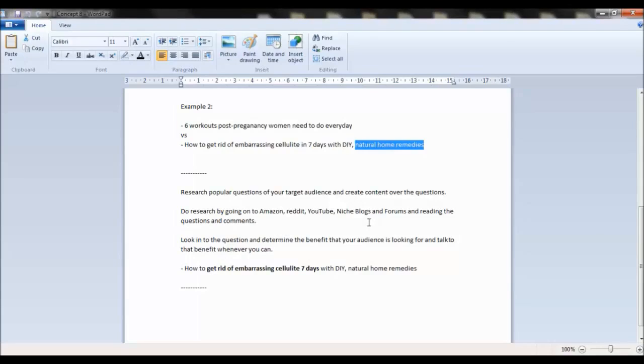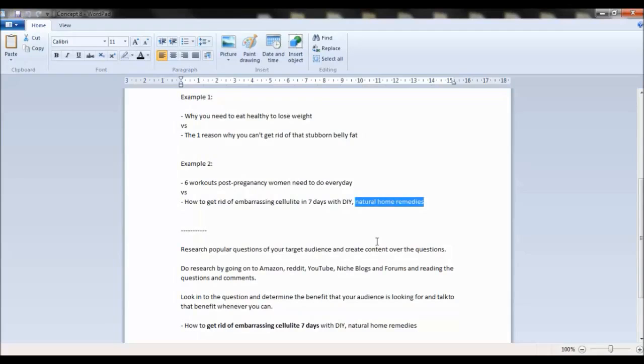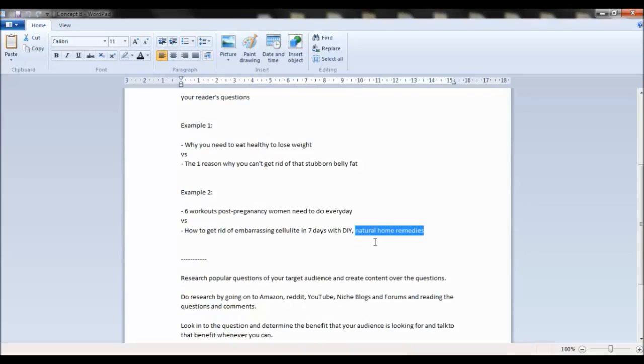So let's do the weight loss example again. It's kind of rudimentary, but everyone can relate to it. If someone is asking, how can I shred belly fat, or how can I get rid of belly fat? If they're asking that specific question, you want to look deeper, and you want to determine the benefit that they are really actually asking for. So the benefit, yeah, sure, they might be looking to get rid of that stubborn belly fat, but